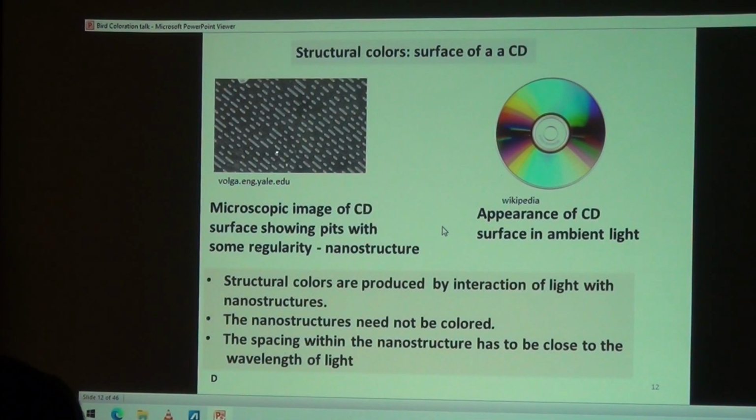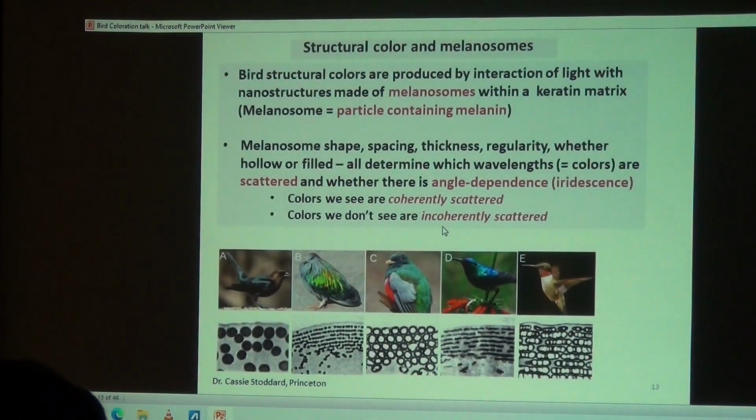When light falls on this, there's an interaction known as scattering. And the colors that we do see, structural colors in a bird plumage, like blue, only the blue is scattered off the nanostructure surface. And we'll see this in the next slide. I mentioned at the very beginning that it was important that the dimensions were of the order of hundreds of nanometers, and this happens to be the wavelength that falls within the range of the light that we can see.